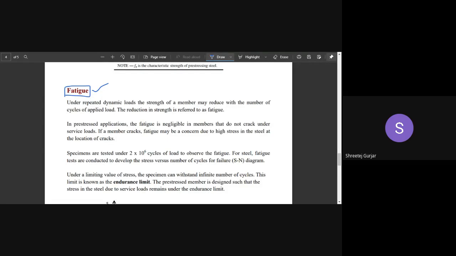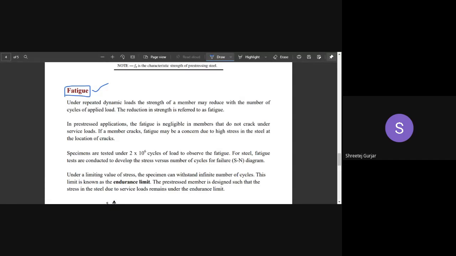But in our type 1 members, we do not allow any tensile stresses. The member is continuously under compressive force due to our pre-stress, even under service. Whenever trucks or vehicles pass on our bridges, there is no stress reversal occurring. So fatigue is not a concern whenever we are dealing with type 1 structures, wherein we do not allow any tensile forces to be developed in our cross section. So that is one thing.